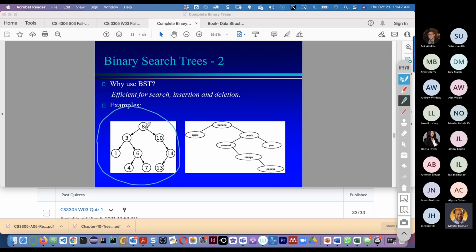We need to start from the root and check. 3 is less than 8, so that is okay, and 1 is less than 3. 6 is greater than 3 but less than 8. 7 is greater than 6, greater than 3 but less than 8. 4 is less than 8, so it comes to the left side, greater than 3 so it goes right, but less than 6 so it comes left. So it travels left to right, right to left, left to right.